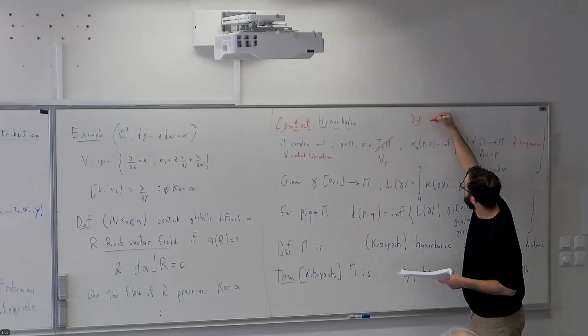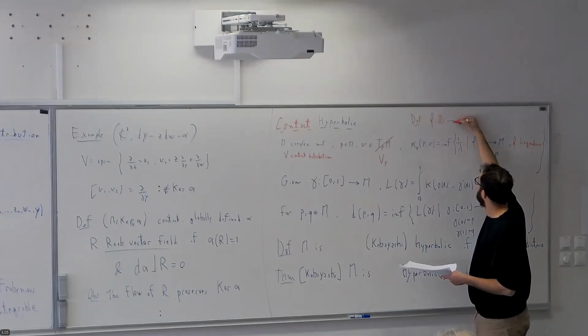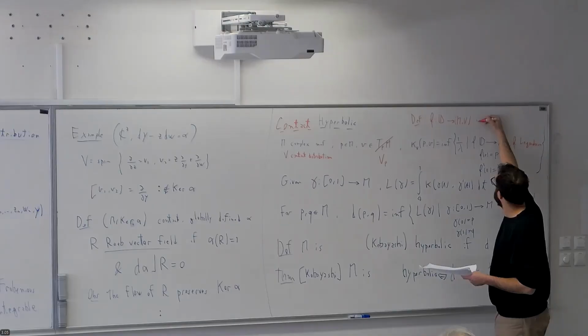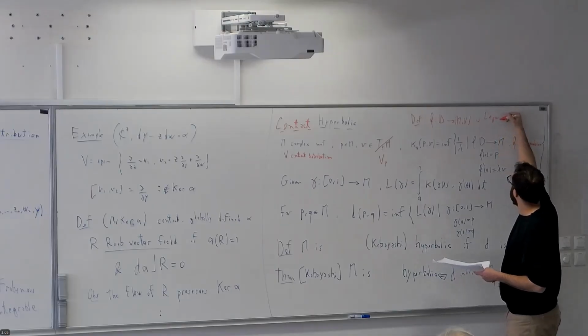That F from, well, let's just stick to the disk because I will not use it in other cases. The definition can be made a bit more general. F is Legendrian